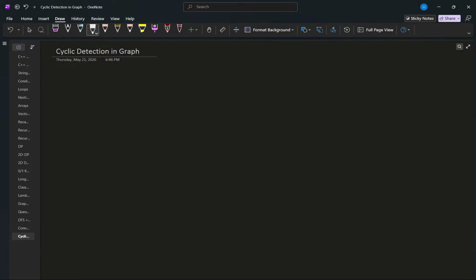So basically, suppose I have this graph 1, 2, 3 and then 4, so there is no cycle. Now suppose I join this with this, so there is a cycle now. From 1 to 4 to 3 we can reach 1 again, and similarly from 2 we can reach 2 again, and for 4 also, and 3 and 1. So cycle